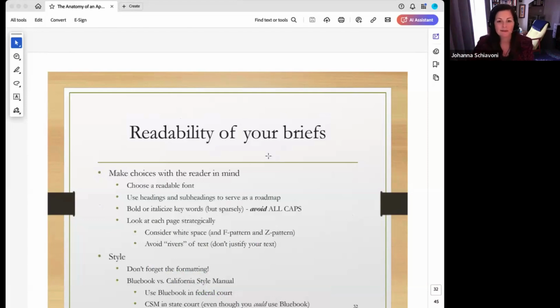And so I'm going to show you some examples, but first I'm going to talk about some things that will enhance your readability. So again, making choices with the reader in mind. Choose a readable font. And I'm going to show you some examples that I think don't serve that point versus some that do. Use headings and subheadings, not just to serve as a roadmap in your table of contents, but